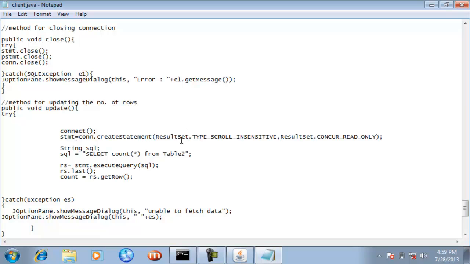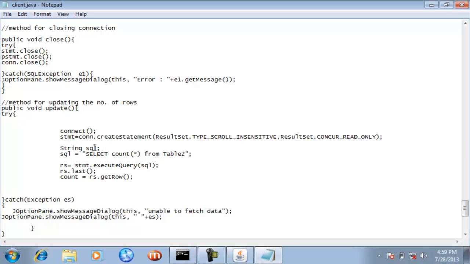Here you see the result set type scroll argument that we have used. I'm not going to explain the meaning of this argument because its use will be explained later in the video. So here guys, focus. I have created a variable whose data type is string.